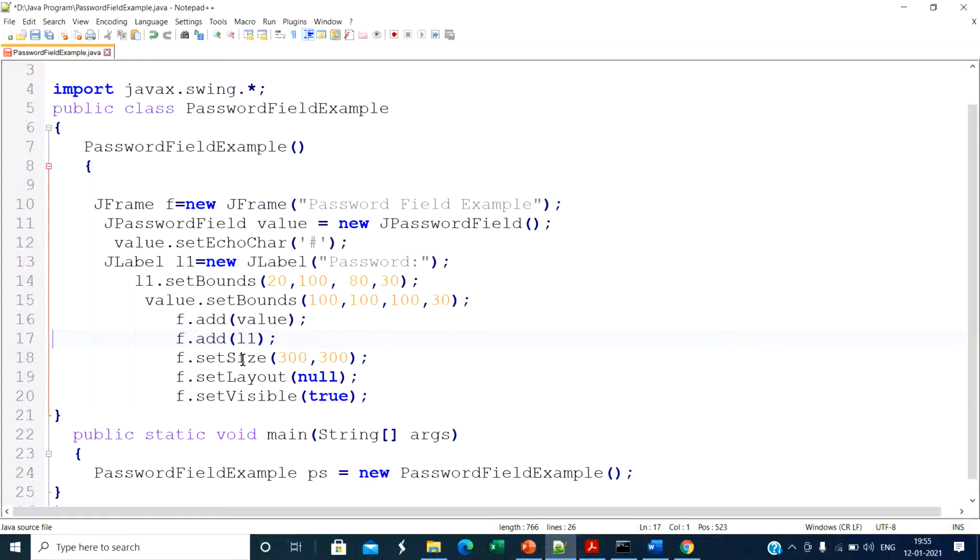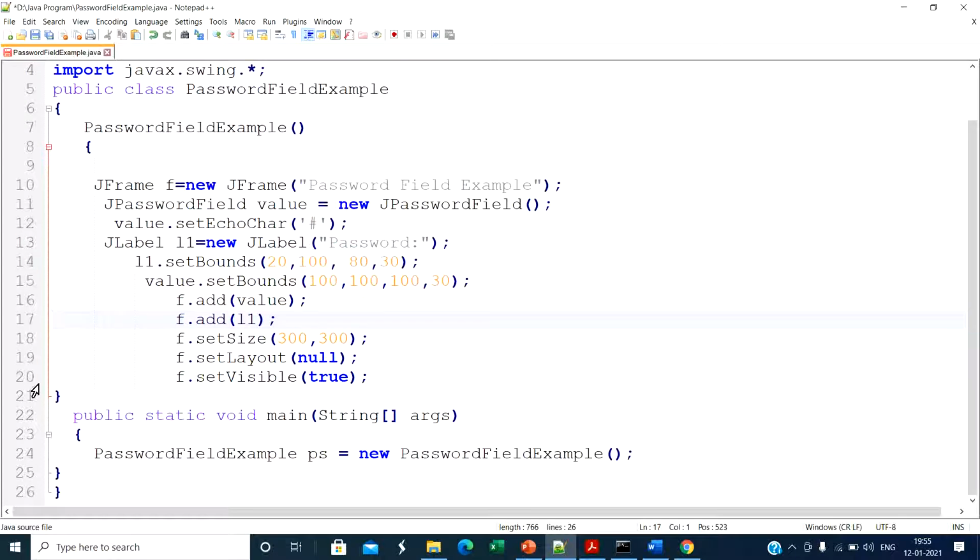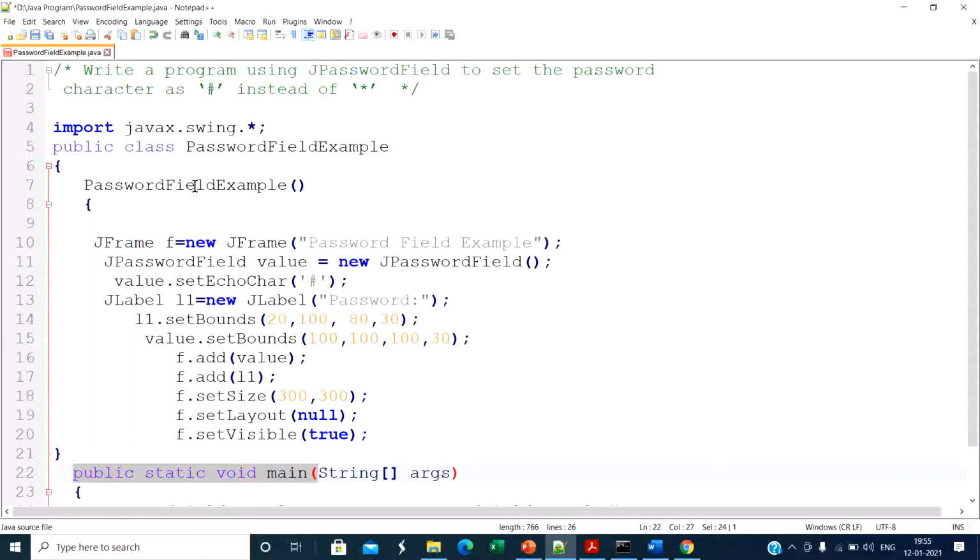Then we set the size of the frame by setSize, set the layout by setLayout, and set the visibility by setVisible. The constructor is completed, and then we define the main method, public static void main String args, and create one object of our class PasswordFieldExample. So this is a simple program to set the hash character instead of star in the password field.